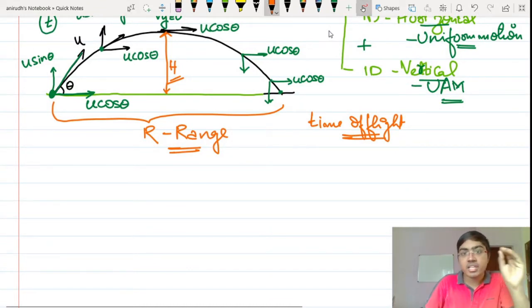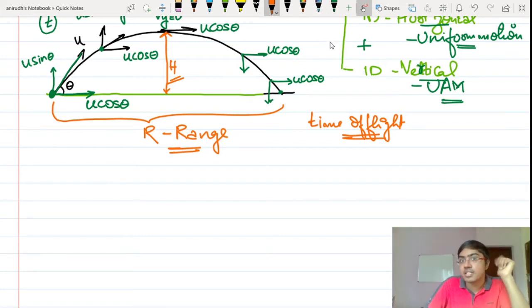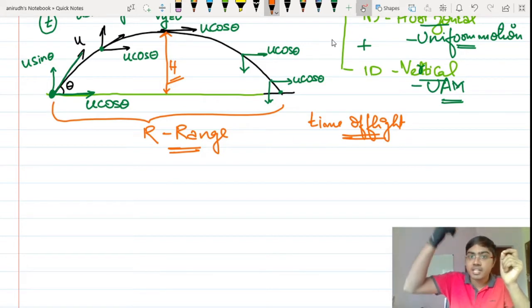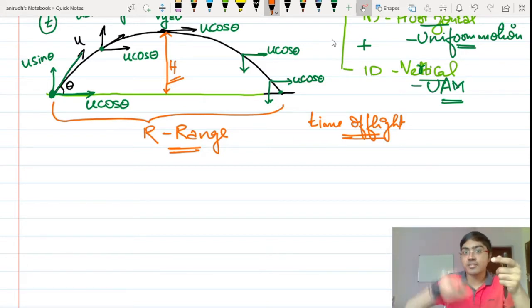I am talking about that particular component of motion which is taking it upwards, that is the vertical component. It is because of the vertical velocity that it is covering a height, isn't it? It is moving upwards because of vertical velocity. Had there been only a horizontal velocity, it would become a one-dimensional motion. The body will go in the same straight line. But here this body has a vertical velocity also, due to which it is going upwards.